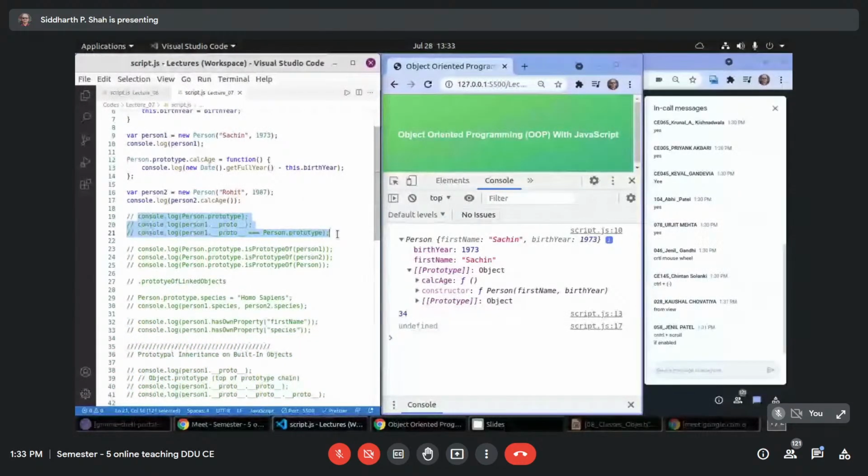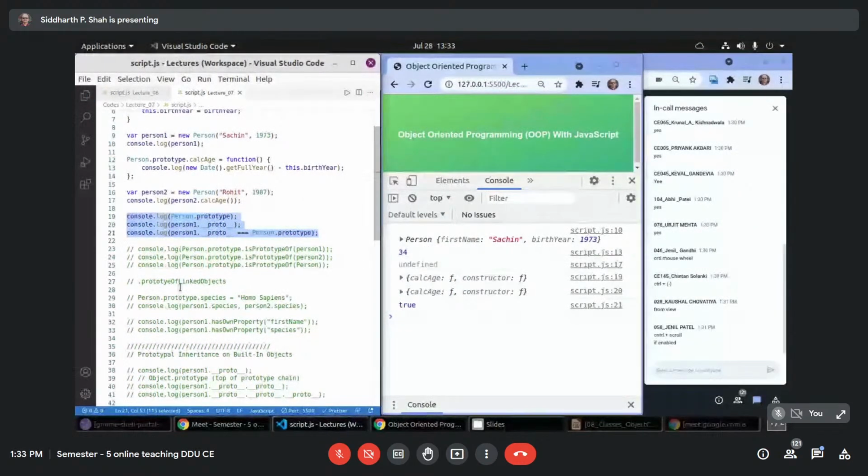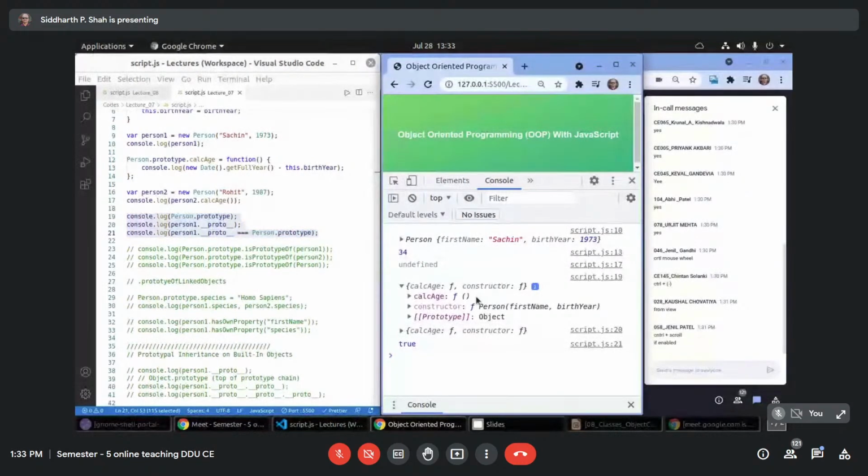Now I'm going to print something extra. What I'm printing is Person.prototype. So what is Person.prototype? This is Person.prototype, which contains the calcAge method.